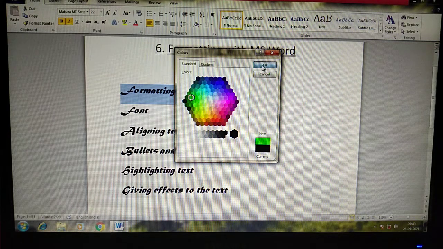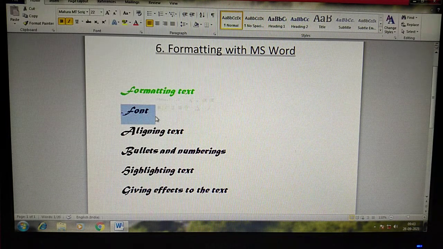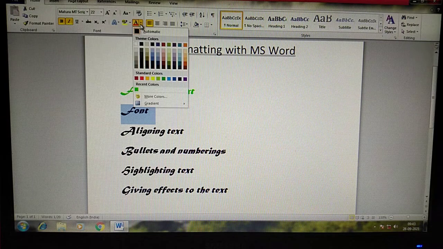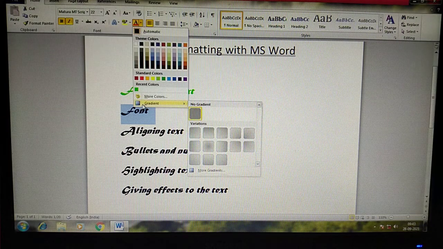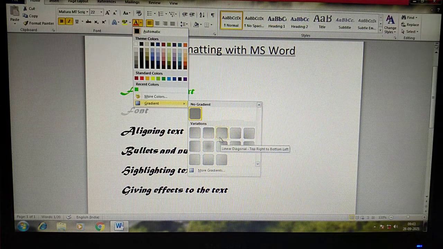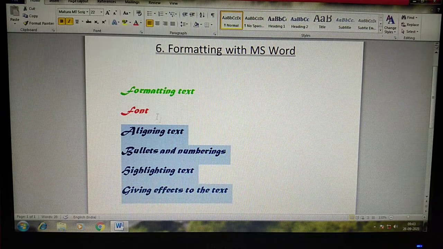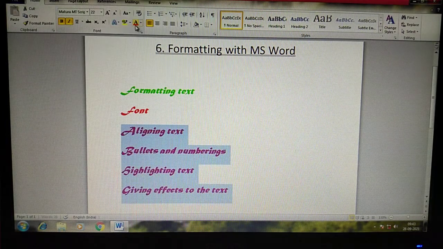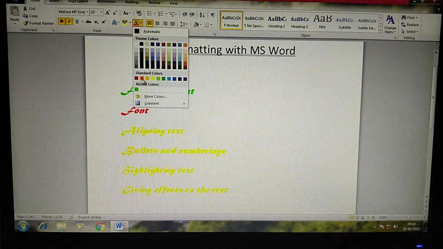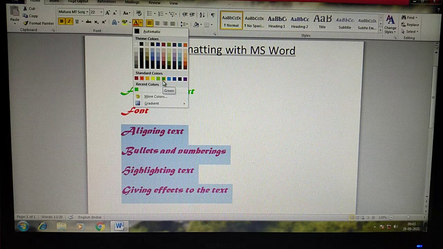Then click on OK. The text color will change, right? Even we can use gradient, means the texture of the image or text. For changing the color of text, first select the letter or word or paragraph or any sentence.